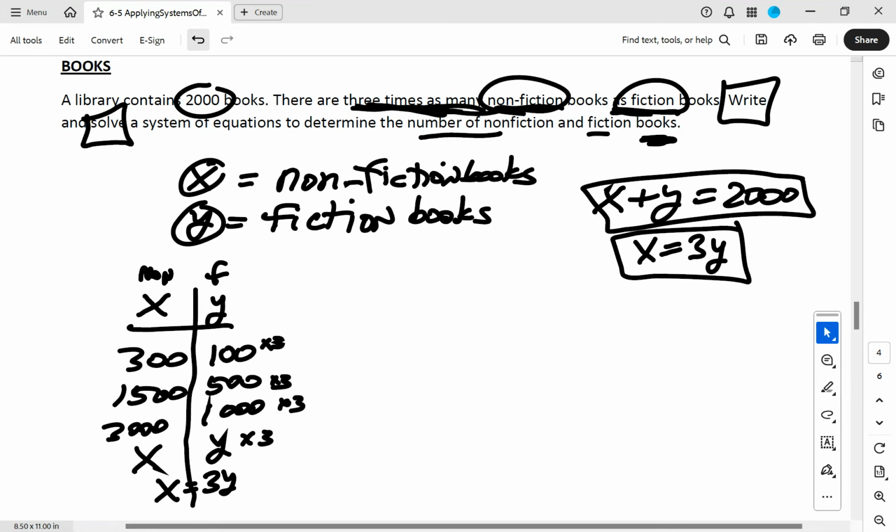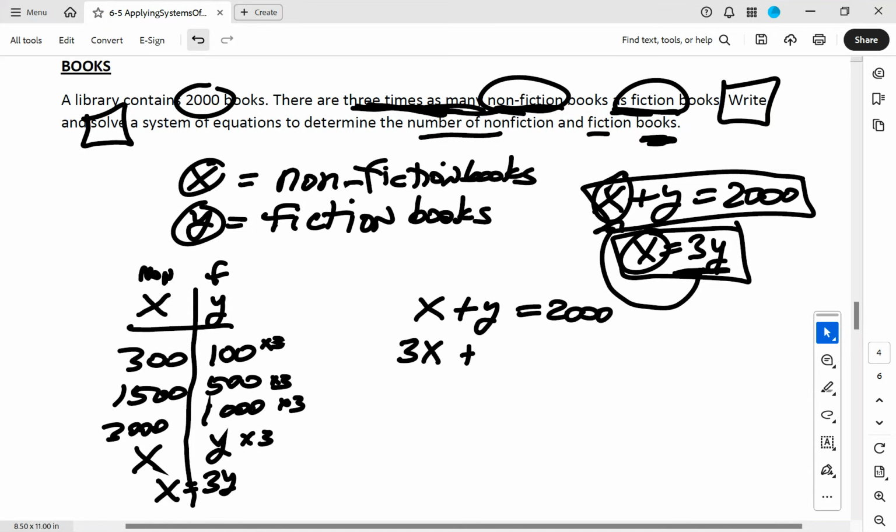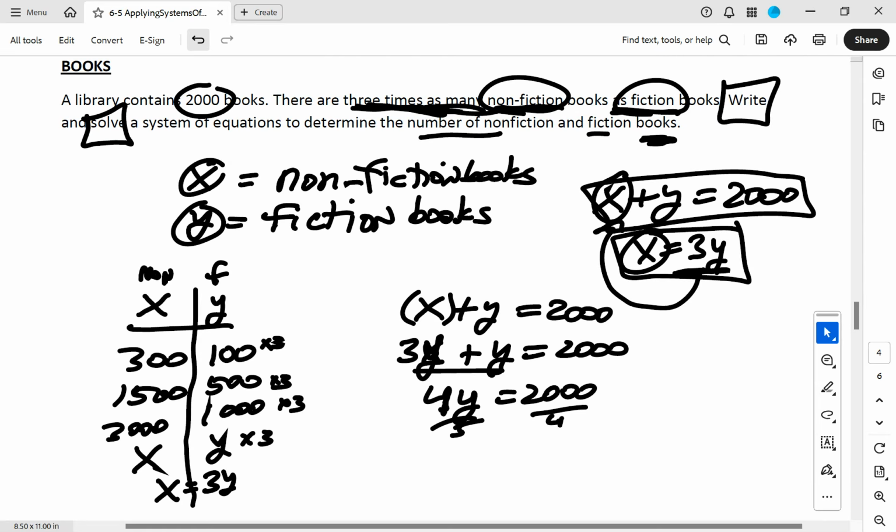And it sounds like this X and this X, since they're the same, I could just substitute 3y in here. So I'll write out the main equation first, and then I'll substitute 3y for the X. Whoops, I put an X here and I meant to put a Y. Now you can see 3y plus y is 2,000. Put these two like terms together. 3y plus 1y is 4y. It's 2,000. And when we divide by 4,